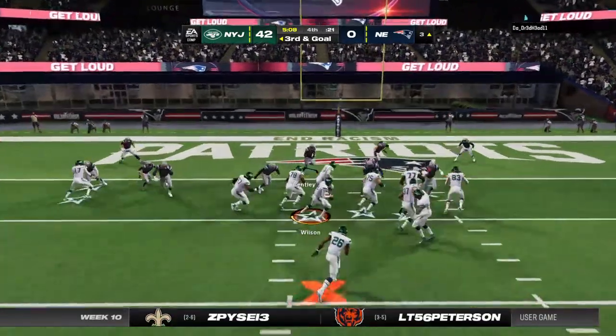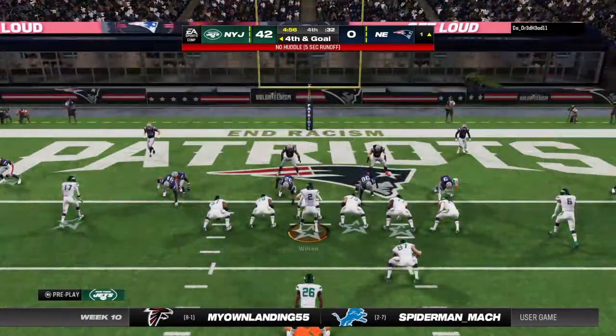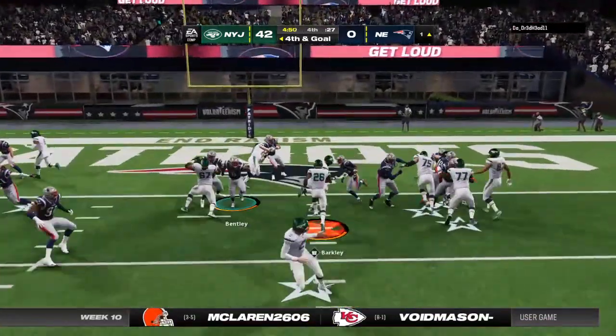Especially when you're getting it to your guy out of the backfield. You're expecting him to be able to create something, be a little more shifty. Yeah, no doubt about it. Good open field tackling. Held it to an okay gain. The offense is staying out there. Here we go on 4th and goal from the...